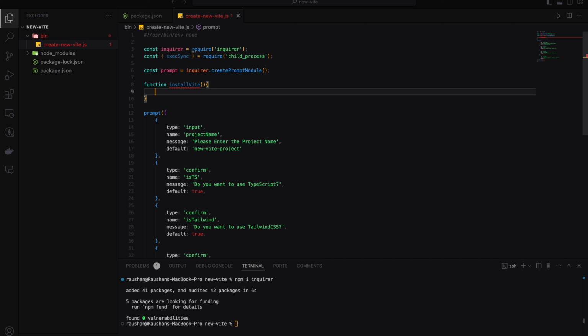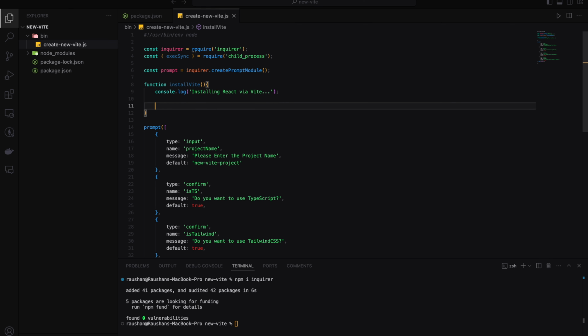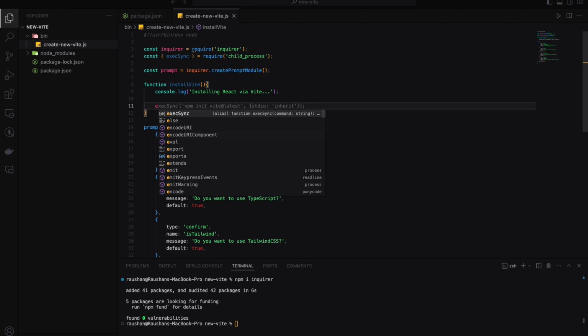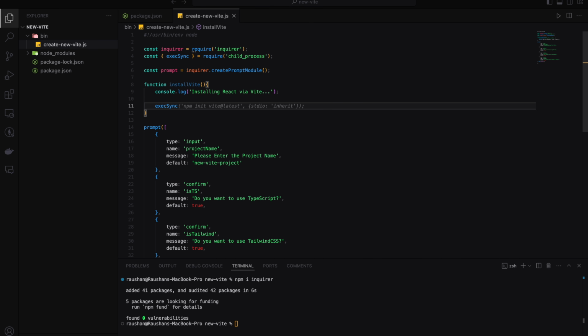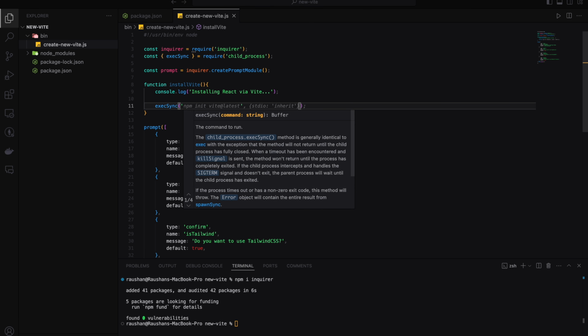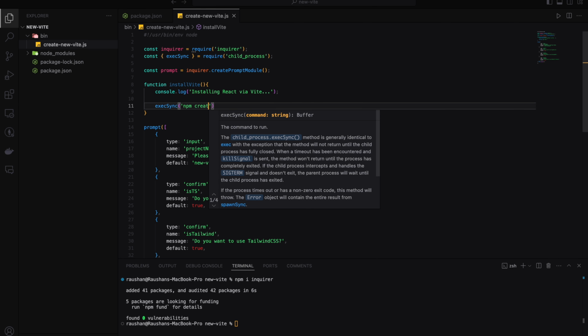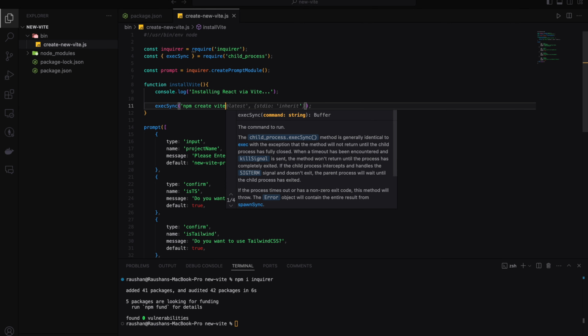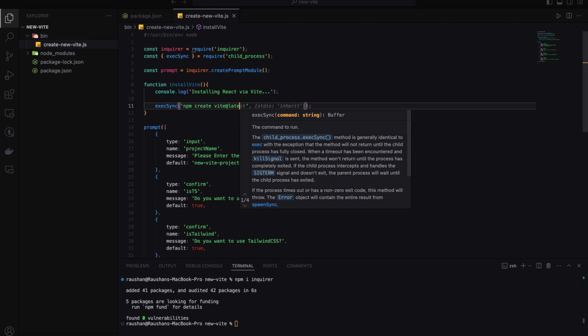So here we are going to first of all console.log installing React via Vite. So after it, we have to execute a command. So execute sync npm create Vite at latest